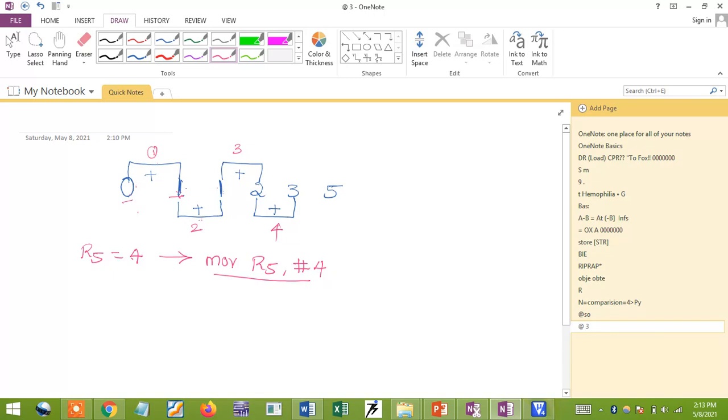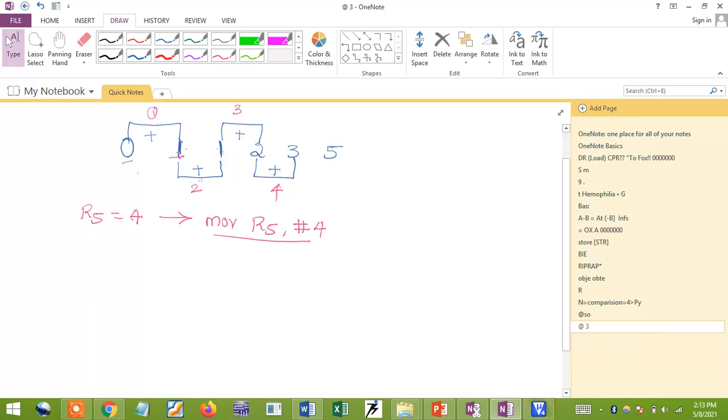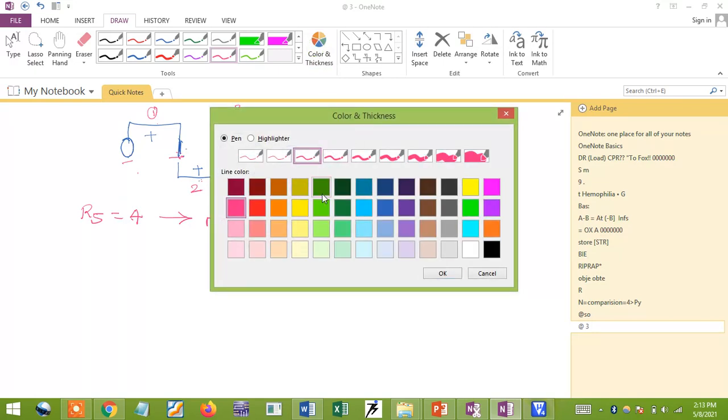So for that, first I'll take the memory address. First I need to consider the memory, and then I'm going to consider the data. For explanation purposes, I'm going to take one memory address.